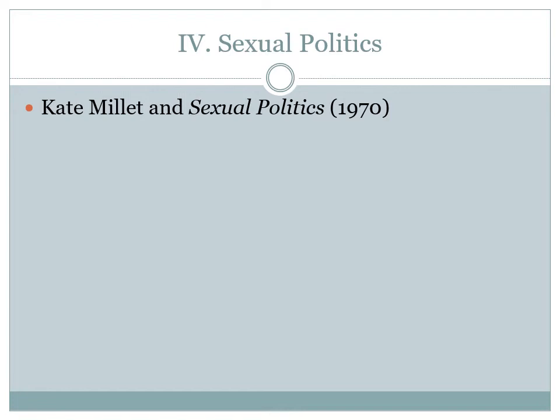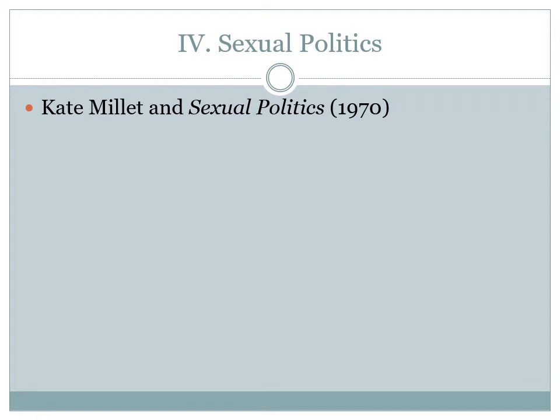Millett argues in this book that all of American life is designed to keep women below men. She said the political system was designed by men to keep women below men. The founding fathers were all fathers. They were all men. And they drafted a constitution that effectively cut off political power for women. We didn't have a democracy. We had